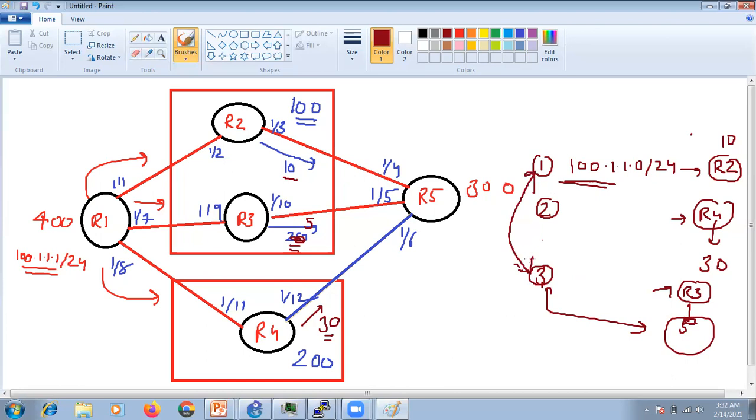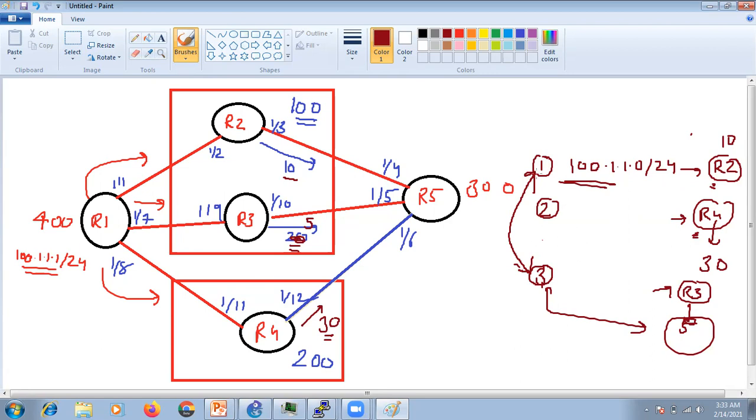But there is a condition in MAD. It is not that simple. So what is the condition? Because R3 sent the update after R4, right? On, if you see, the very first update was received by R2. After that, R4 sent this update, right? After R4, R3 sent this request.